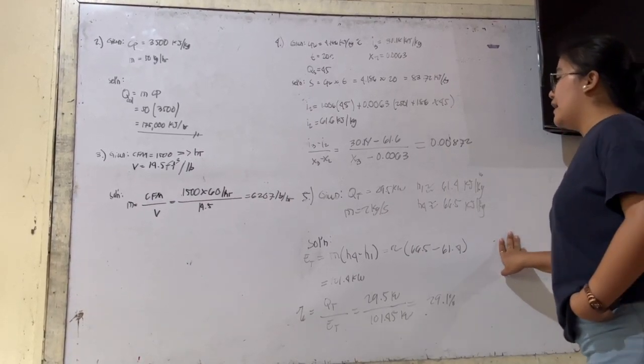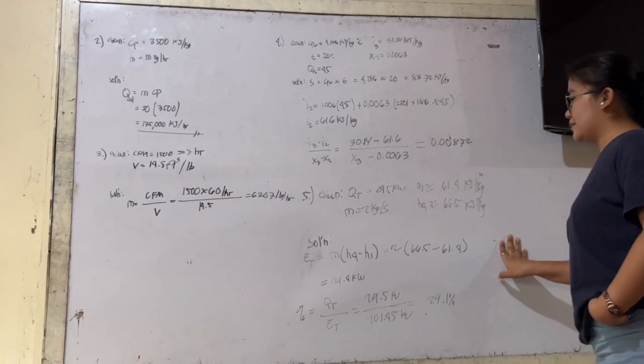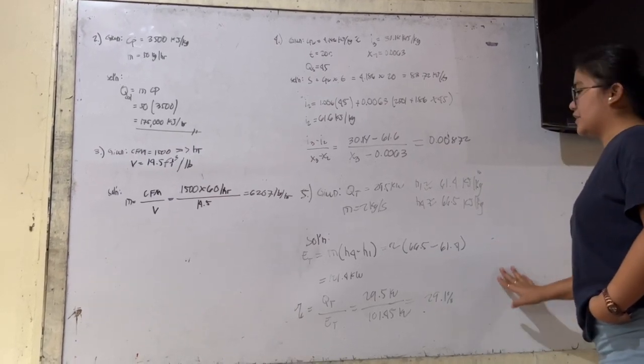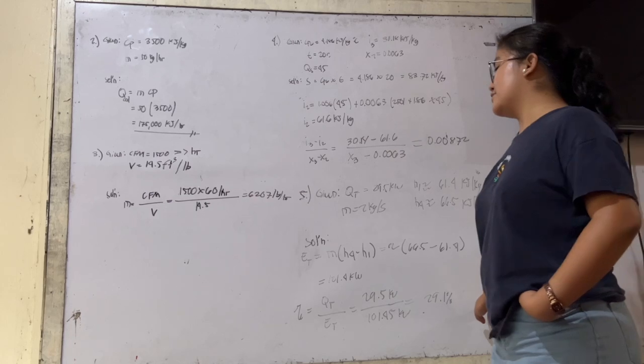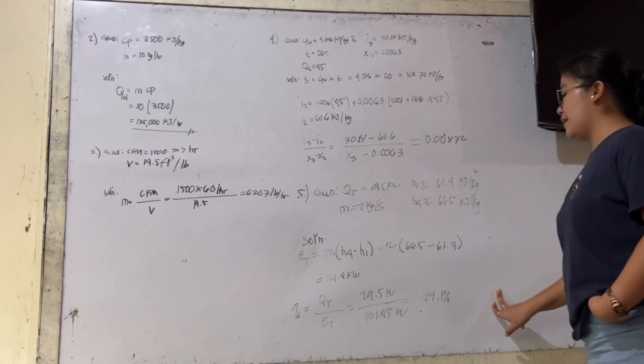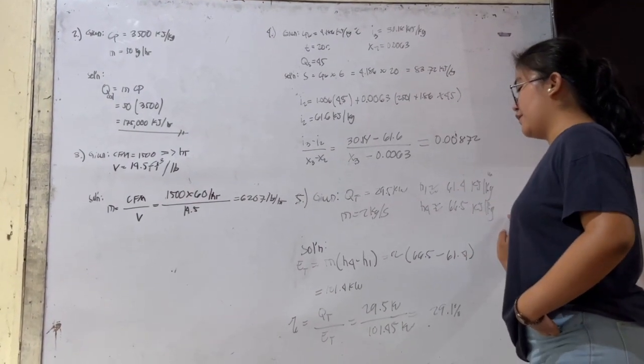kilogram. M is equals to 2 kilograms per second, and H4 is 66.5 kilojoules per kilogram. So we have a solution of ET is equals to M times H4 minus H1. Plug in. So we're going to have 1 for efficiency. We have a formula of QT over ET